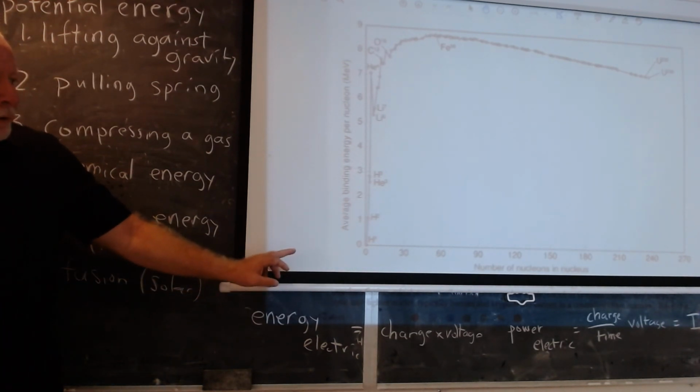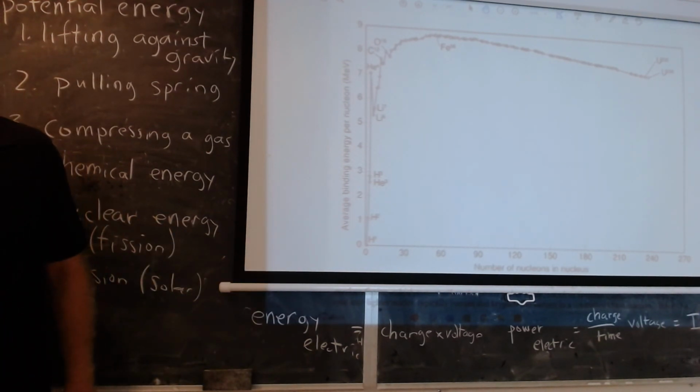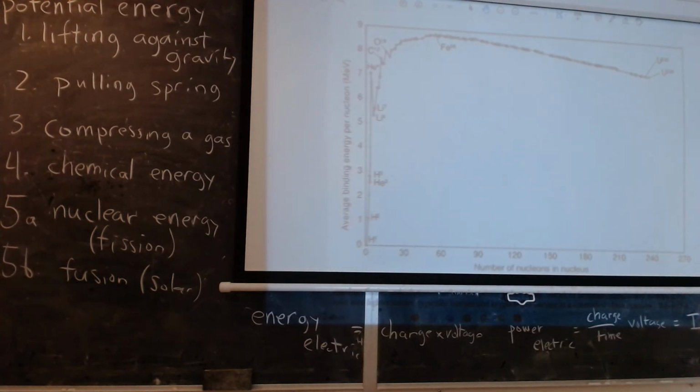You get the idea that if I try to fuse hydrogen nuclei, they're positively charged, and so it takes a tremendous amount of energy to bring them together before they can fuse and release energy. And in the sun, that's done by gravity. On Earth, there's various ways